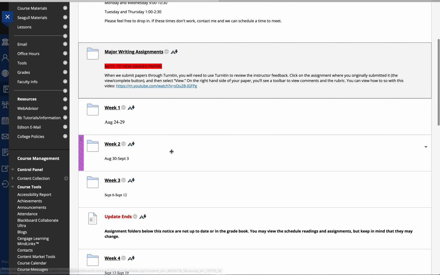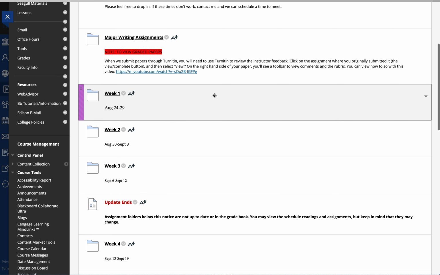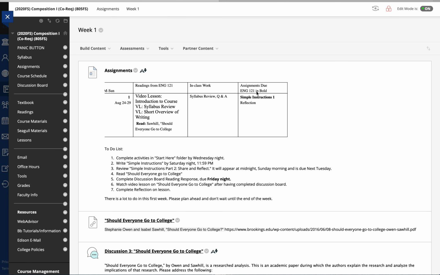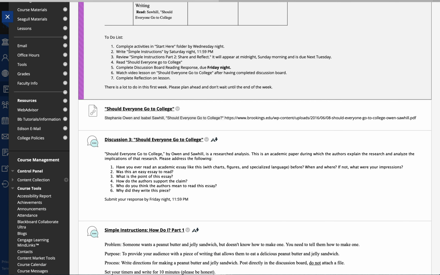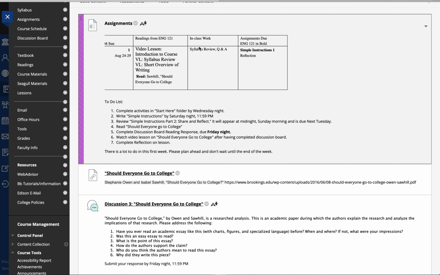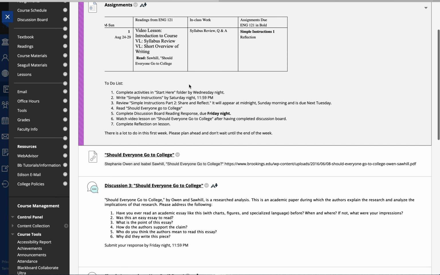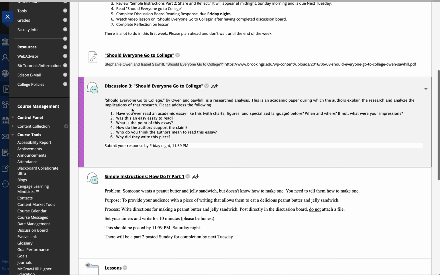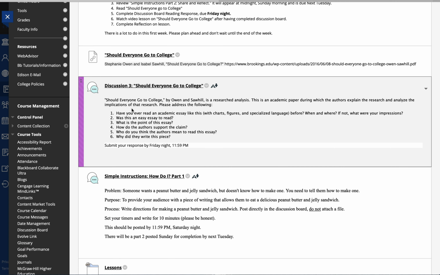After that, you'll see everything down here. I have a list of major writing assignments, descriptions, how to submit and turn them in, and then everything is based by the week. If you click on week 1, I have a to-do list, and this is taken directly from the syllabus, and that's where we are. Then there are links to every single assignment, whether it's a reading assignment, a textbook assignment, or a discussion board. So everything you need is right here in the week.